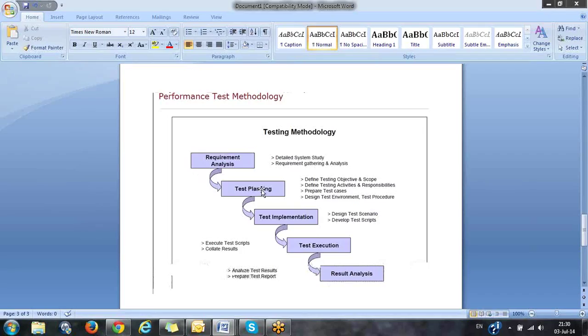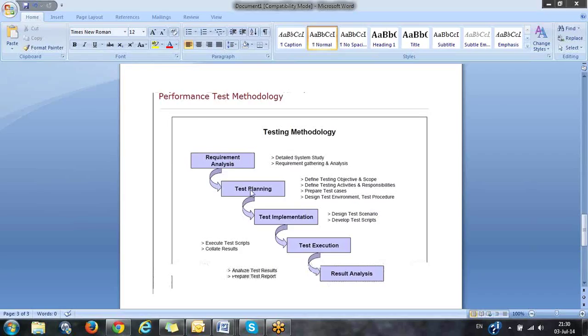So coming to the test planning. Once the requirements are finalized, I will go for test planning where I will understand what are the objectives which are in scope and what are the objectives which are out of scope. Suppose I have 10 requirements, like search criteria, booking a ticket, cancelling a ticket, and then logging off. I have finalized some requirements in the requirement phase.